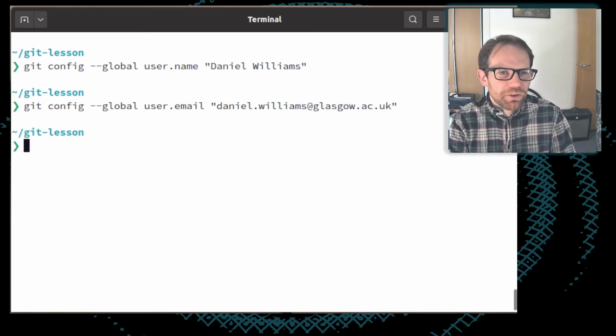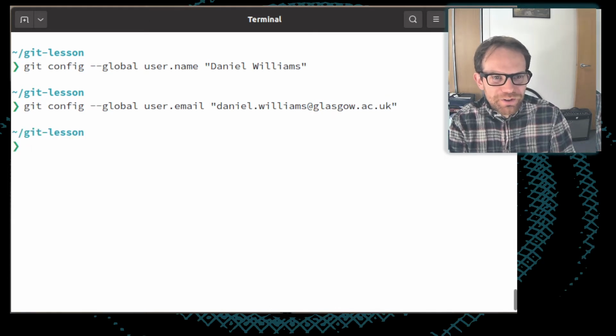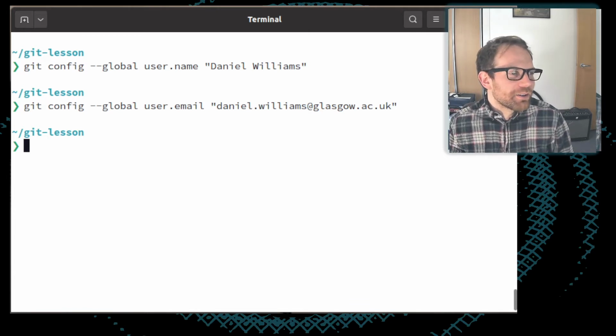And I recommend when you're doing this, for the same reason that I'm using my own name and my own email address, that you use your email address and your name, because again, you will probably forget to change this, and then at some point you will push to a repository, and somebody is going to be extremely confused when you have claimed to be Dracula while making your commit.